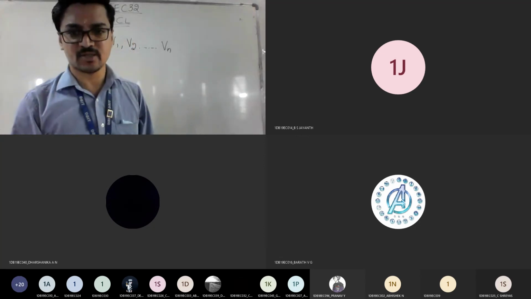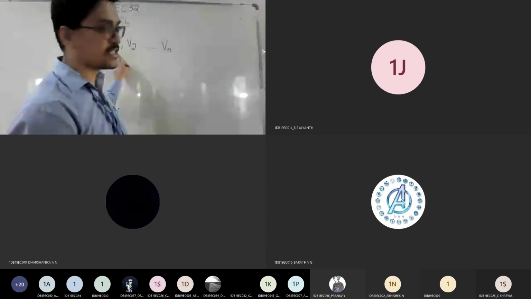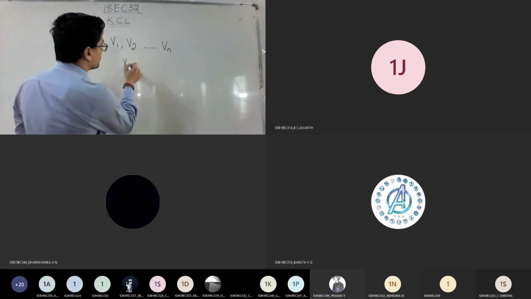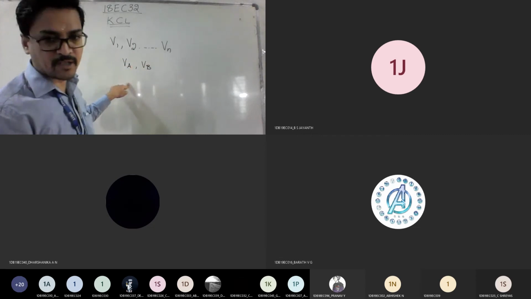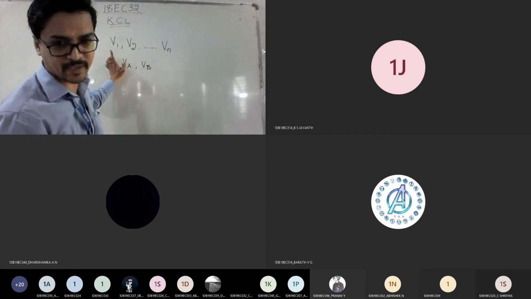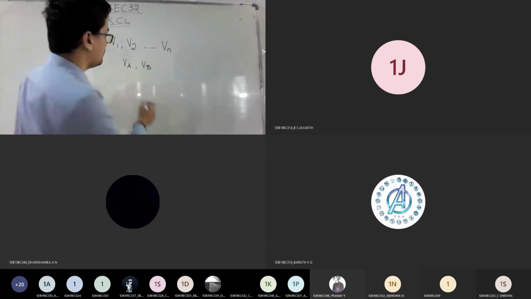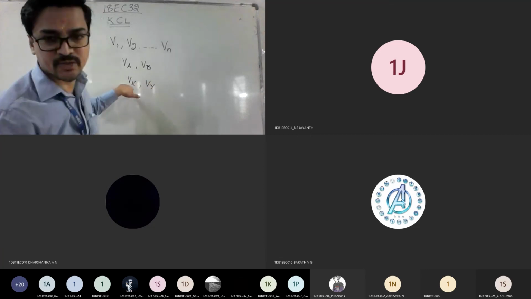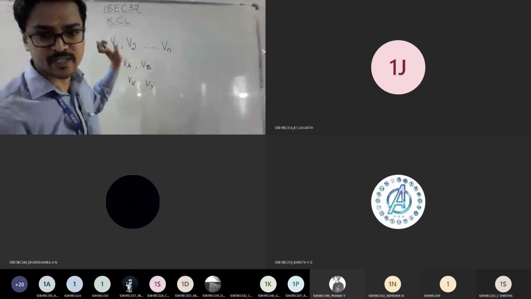One is taken as the reference node, which connects to the maximum number of branches, and the remaining nodes you have to designate with V1, V2, V3. Some problems may designate them with VA, VB also. So you have to stick with the procedure. If it is not given, you can pick V1, V2, V3. But if they give VA, VB, VP, VC, VX, VY, whatever is given in the question, you go with that. If it is not given, then default V1, V2, V3 you can consider.